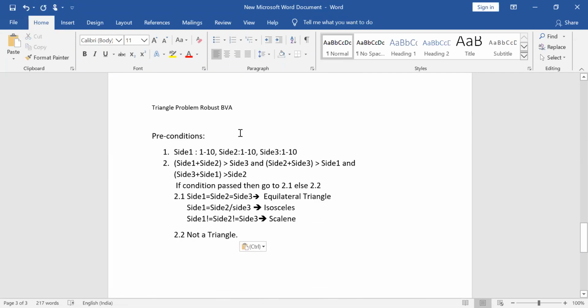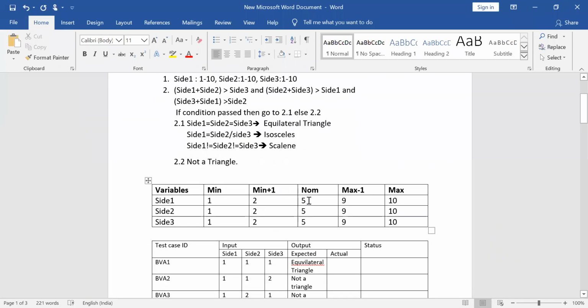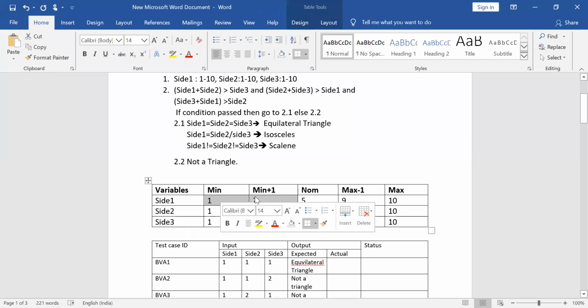What about the number of test cases? 19. How? This is six values. If you are getting confused, leaving the nominal value, just take care about the extreme points: 2 points towards the left side of the nominal value and 2 points towards the right side of the nominal value. So totally it will be 4 values.